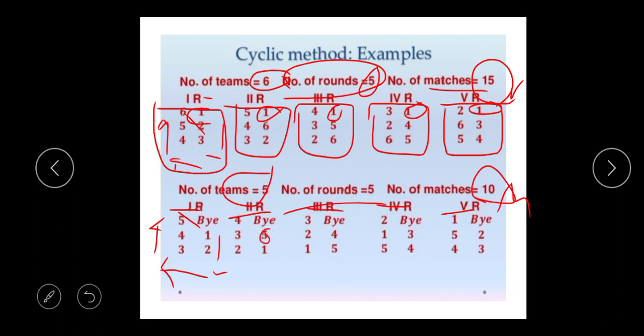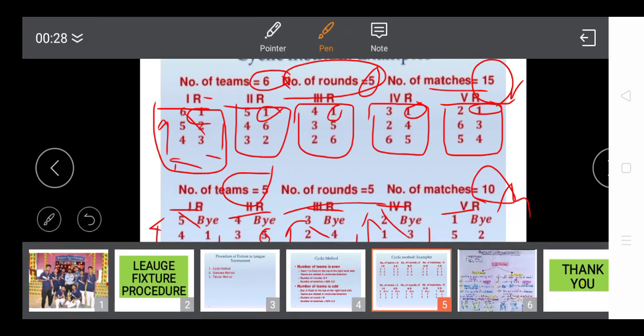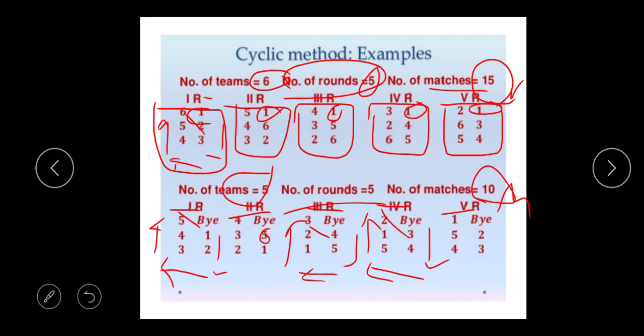Clear? The 5 number is here, then it will become the 5 number 1. One place will be changed. 1 and 4 will go up. Clear beta? Same here. 3 is up, 4 is down. Clear? 5 is coming to the 1 number place. Clear beta? 2 number place is the 1 number 2. Same, similar. Clear beta? Same rotation is there. Understood everyone? Same rotation is there, clockwise direction rotation. Clear? Same in all rounds. Understood beta? Again the 1 number will come, and it will be complete.